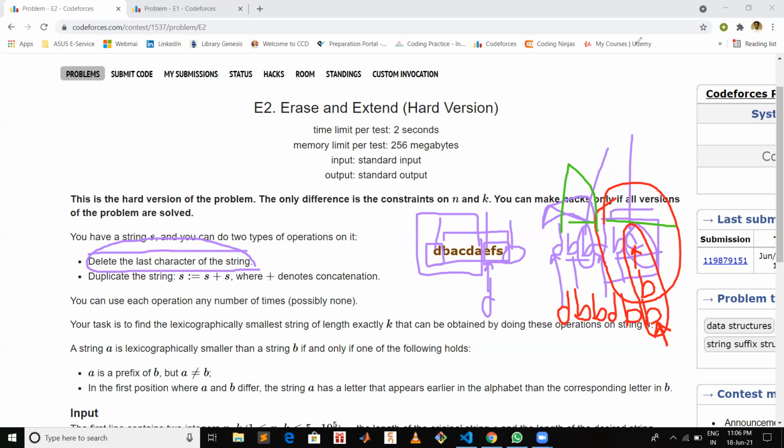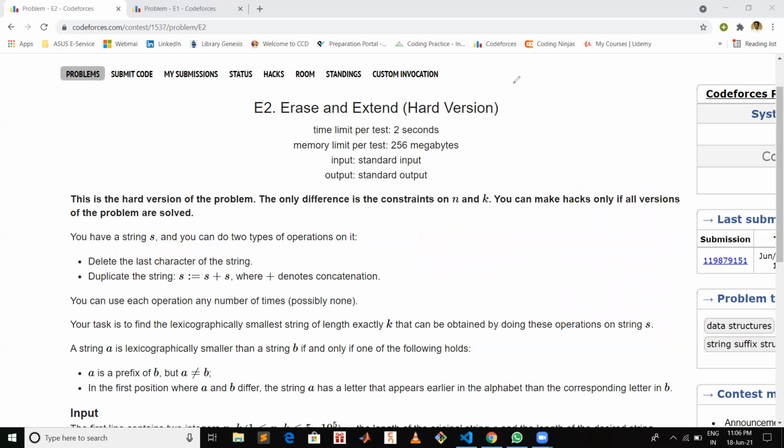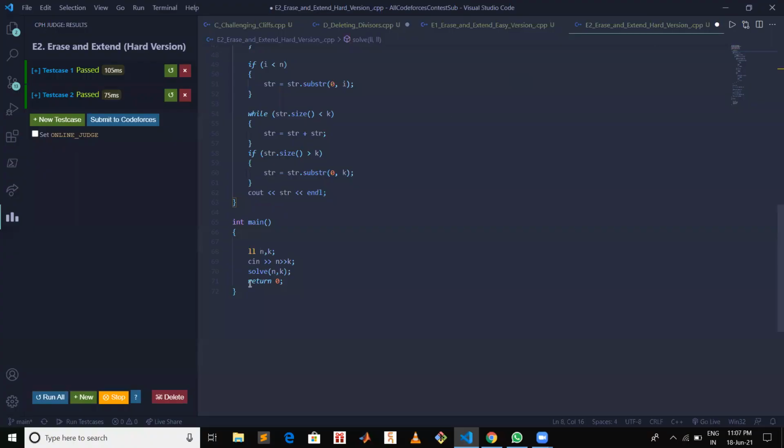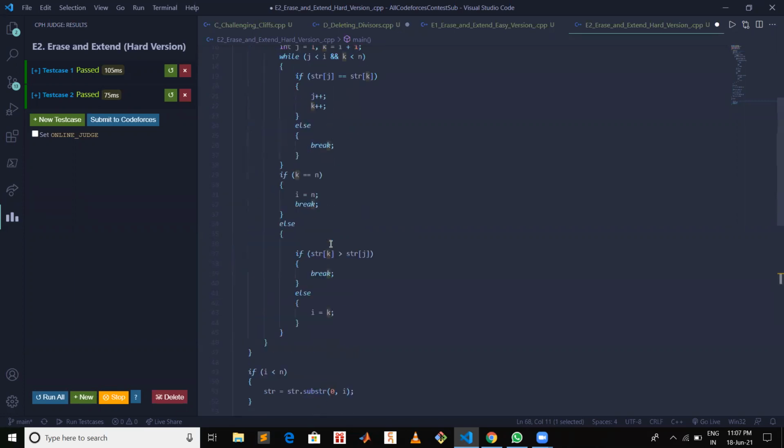Okay, let's see how we can code the solution for this problem. So we are getting these two integers, n and k. n is the size of the string and k is the size of the final string, the size of the solution string which you need.